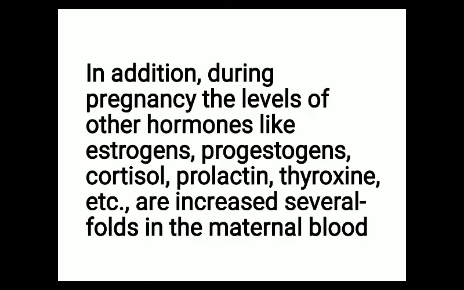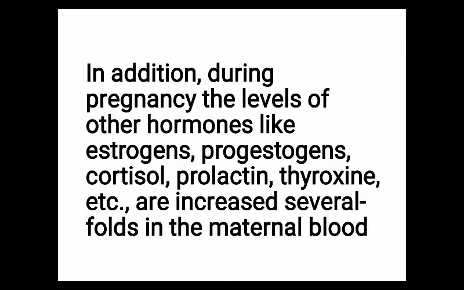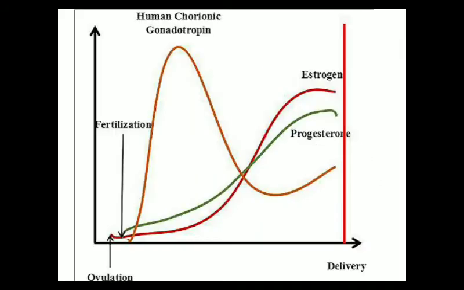So in addition, during pregnancy, the levels of other hormones like estrogen, progesterone, cortisol, prolactin, thyroxine are also increased several folds in the maternal blood. So during pregnancy, the level of these hormones also gets increased several fold. In this diagram you can see that the level of the different hormones increases several fold in